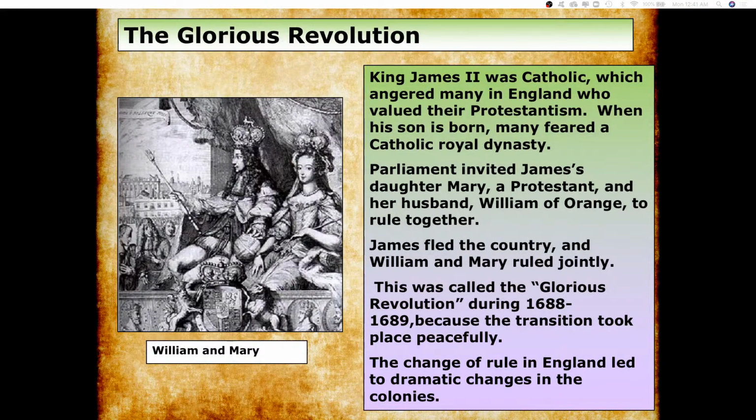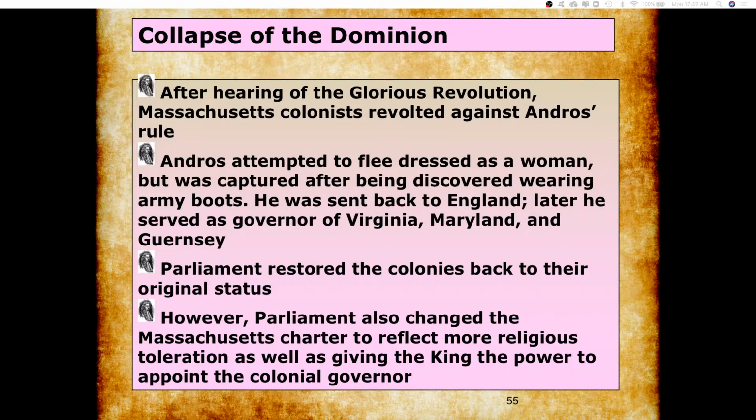They have placed on the throne Mary and William of Orange. So this so happens to be the Glorious Revolution. William and Mary of Orange are Protestant. So James II has to flee the country now, and England is now restored to Protestant rule. So with that said, the Dominion of New England is going to collapse. Sir Edmund Andros no longer has his friend in high places, so the colonists in Massachusetts are going to revolt